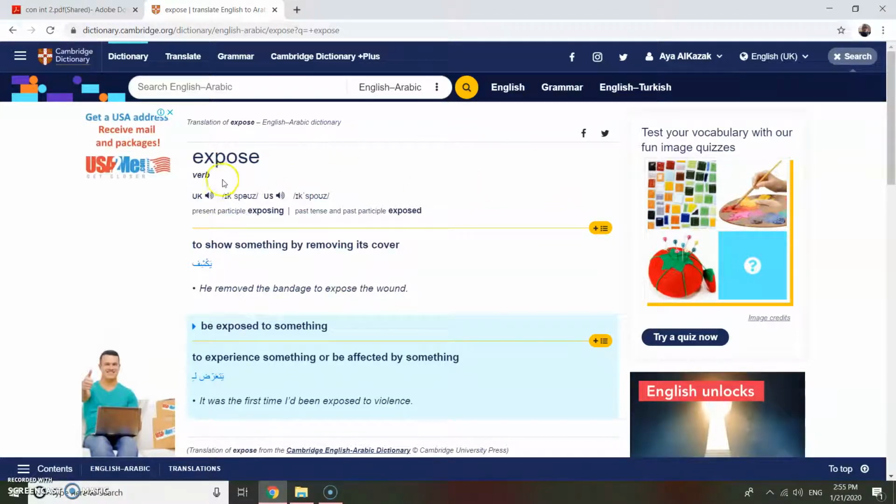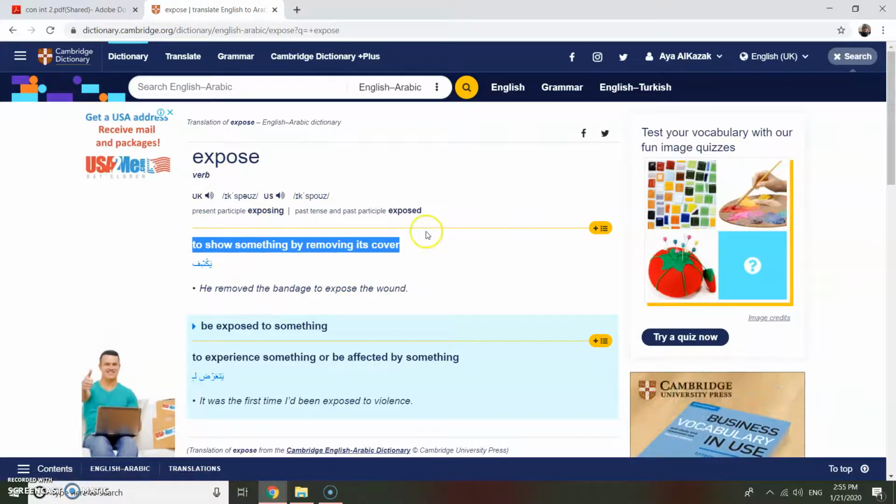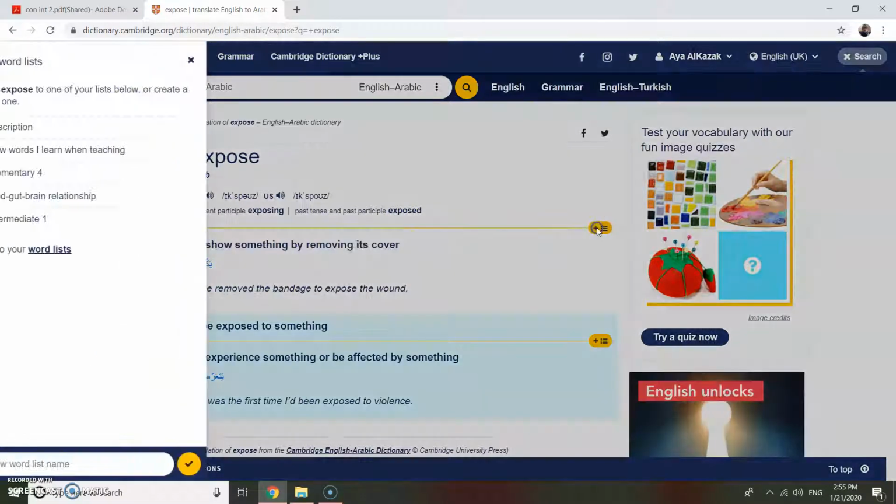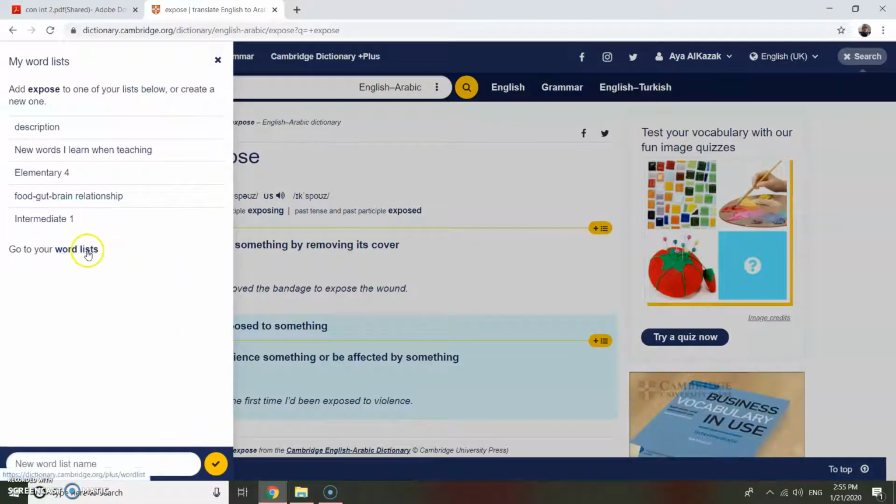So for example, you have expose, to show something by removing its cover, and be exposed to something, to experience something or be affected by something. And you also have the translation. So for example, we just need the first meaning. You add here, go to your word list. You can create a new word list. For example,